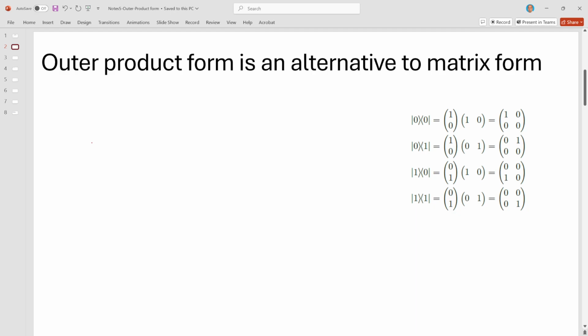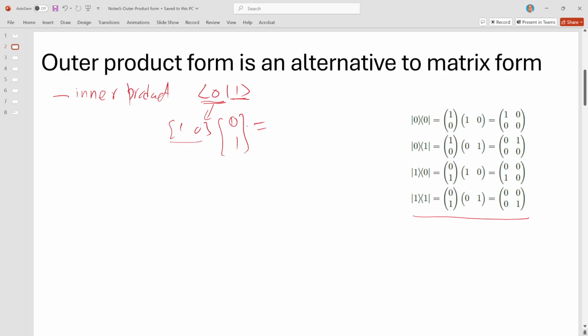So the outer product form, for reference, is written here for single qubit basis states. So far we had studied the inner product, which was the product of this type where we had a row vector and a column vector. So for example, this is this, and this is this matrix. So this results in a scalar number because this row multiplies with this column. And then we also had a tensor product,